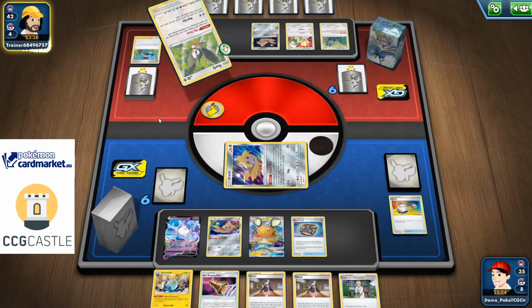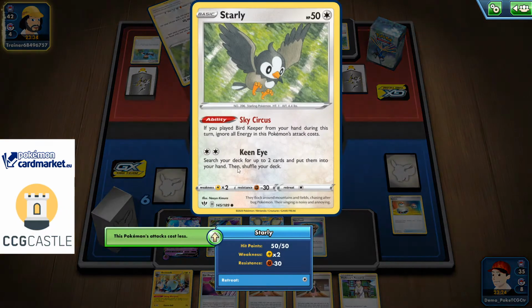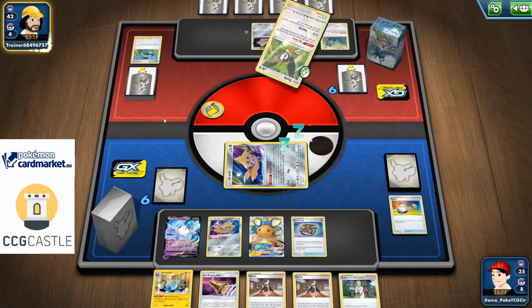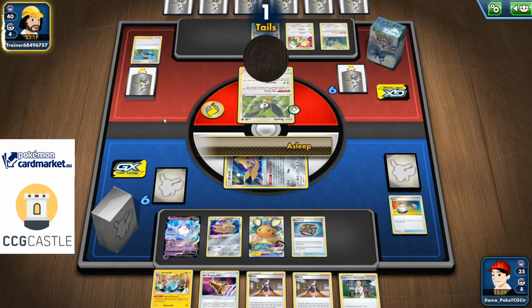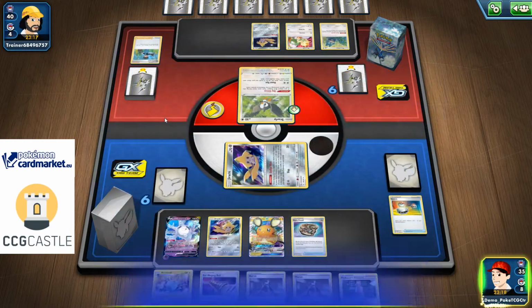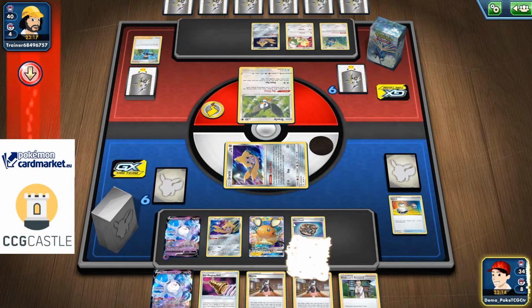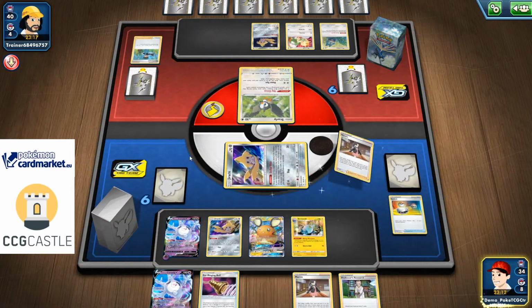top of your deck. So there's a Starly, and he can basically right now use Keen Eye and search the deck for 2 cards and put them in his hand. So basically he's trying to set up, and I'm not gonna let him. So I'm just gonna throw the Marnie on, and yeah, I will definitely go with the Marnie, no question about it, because right now he's taking 2 cards and putting them back into his hand, which is a huge